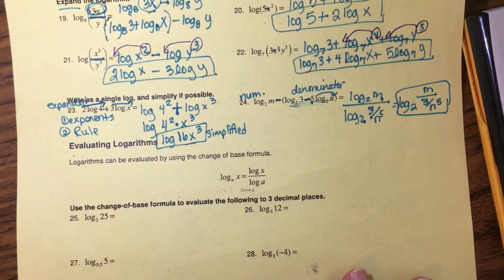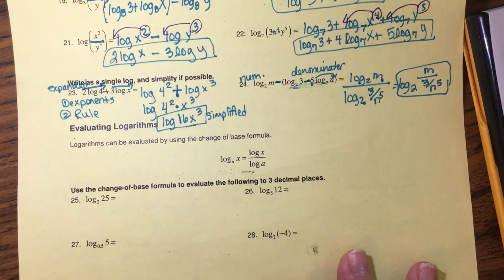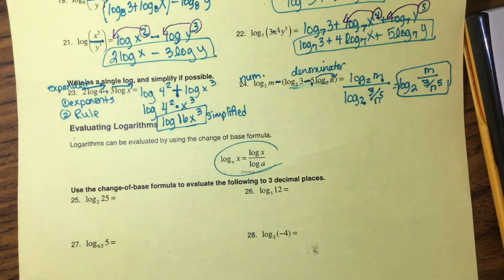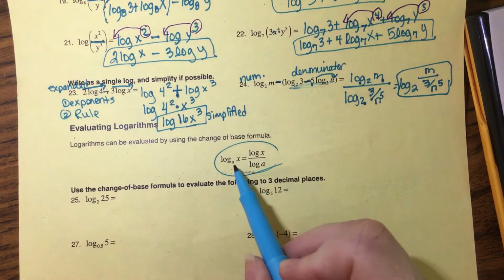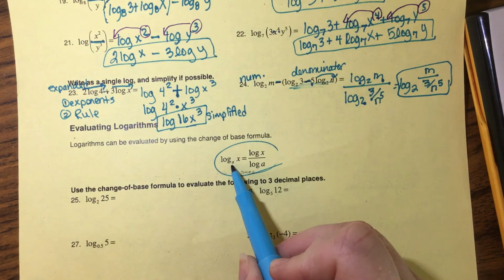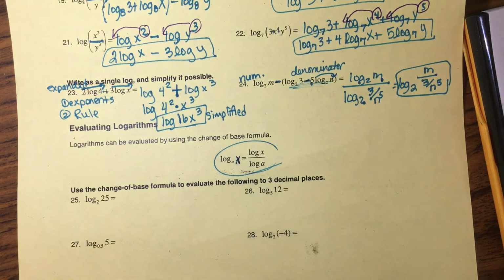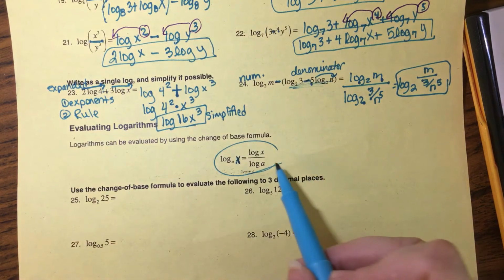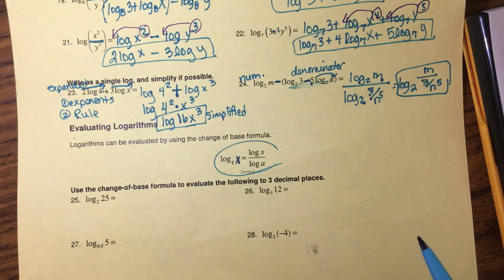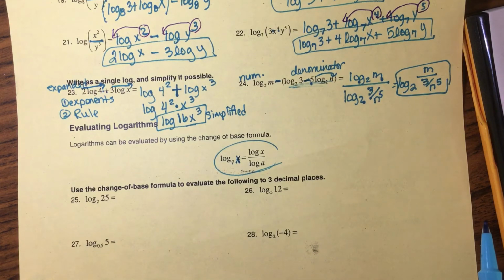Okay, those are the hard part. This is the easy part. We used to have to do this change of base formula, which basically said if you had a number or letter down here, you would take the log of the big number divided by the log of the small number. You guys have a calculator, or you can get an online calculator, and you don't have to do that, but we do want to round to 3 decimal places. So all you're going to have to do,